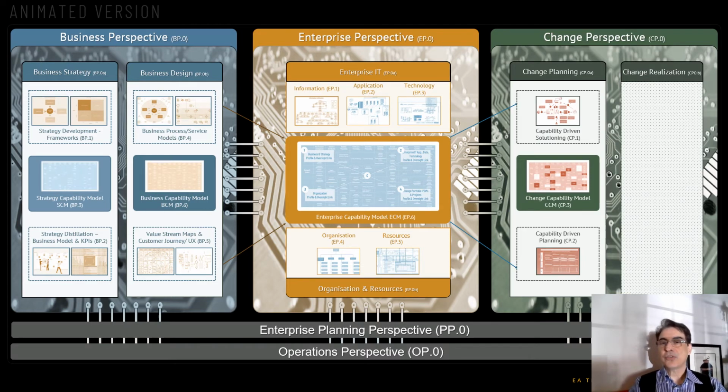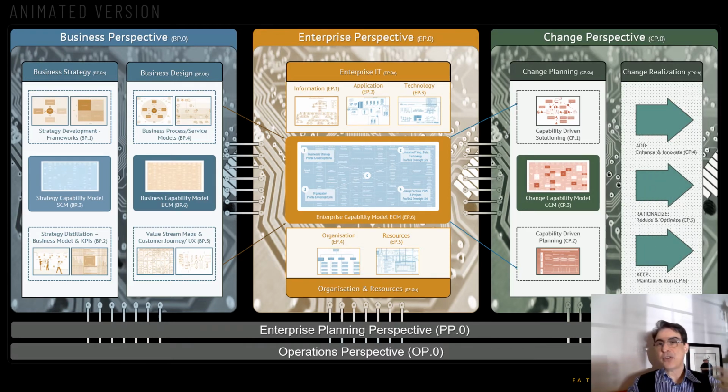So no more traditional program management with work packets as chunks of work, but they need to be capabilities, services within capability cohesively, out of which we choose those that are prioritized, and we go ahead and implement them. And we talked about breaking the change realization into 3 different streams. One of them is when we add something and develop something new, like a DevOps project to get some IoT capability, for example. We have what is maintained and run, so what we need to keep and run the right way. And last but not least, and most challenging, is when we change things, when we need to rationalize, optimize, that is keep what we have,